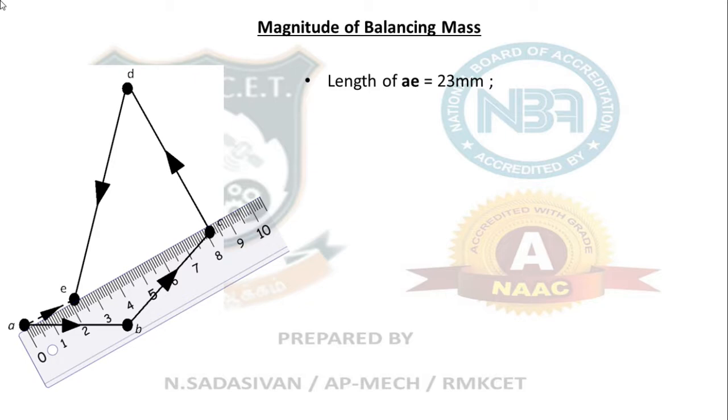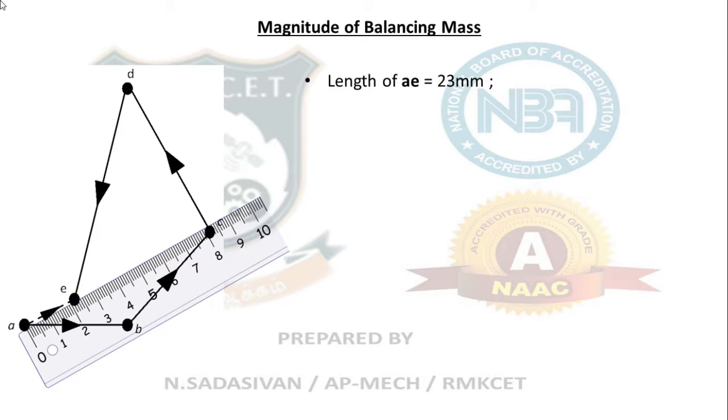Some variation in answer is always allowed for geometrical problems, as we have mentioned in kinematics. It cannot be the same for everybody. Always the pencil sharpness will be different, your scale will be different. Some variation is always allowed, even in the exam. So you should get something around 21 to 25. Plus or minus 2 is okay. So 23 is the book answer. So the length of this resultant is 23 millimeter.